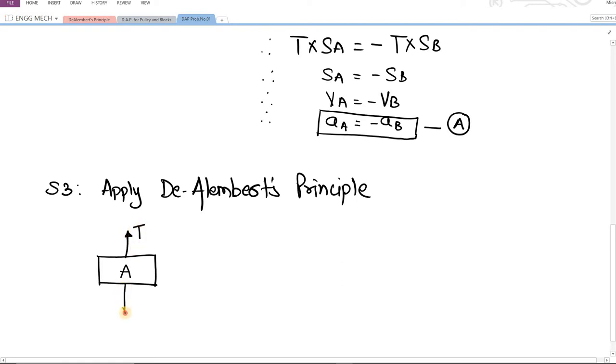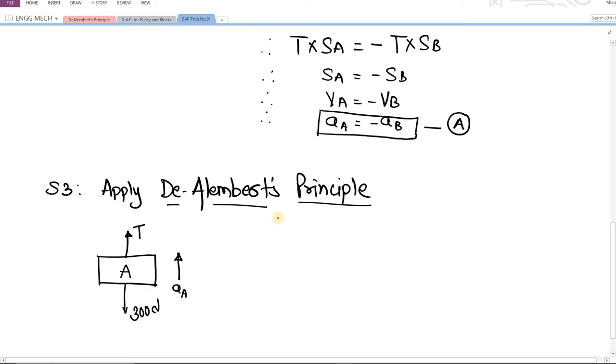Then this is the weight of block A. What is the weight of block A? It is 300 Newton. What is the direction of motion that we have assumed? It is upward. And what is that? A suffix A. Because when we are talking about D'Alembert's principle, the necessary parameter is acceleration, because summation F is equal to W by G into A. And this is the exact acceleration value we will take into consideration while we write the expression.